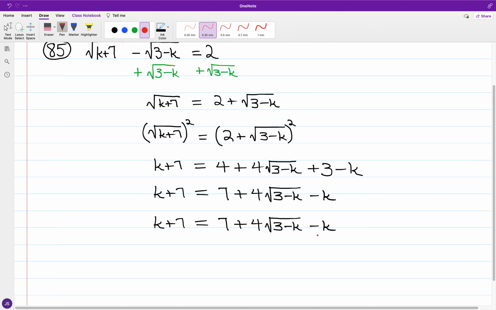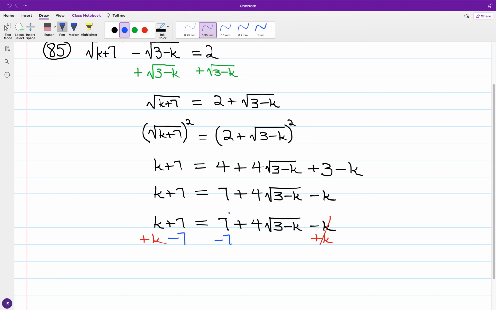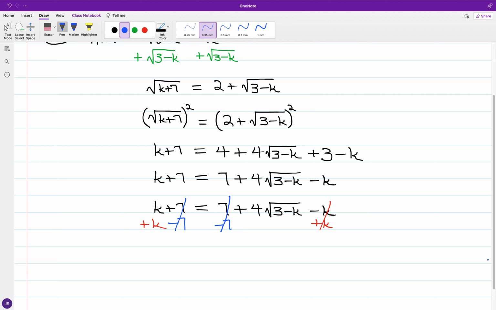So I can move the k from the right over, and I can also move 7 by subtracting, and that's going to cancel the constant on the left and right hand sides of this equation. So k plus k makes 2k, which is equal to 4 times the square root